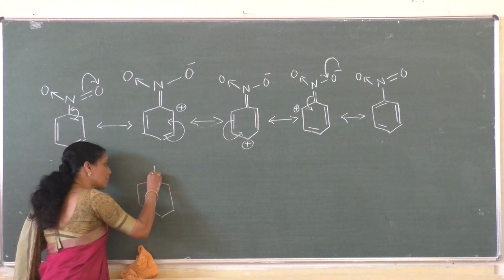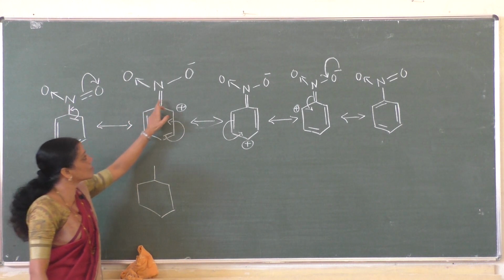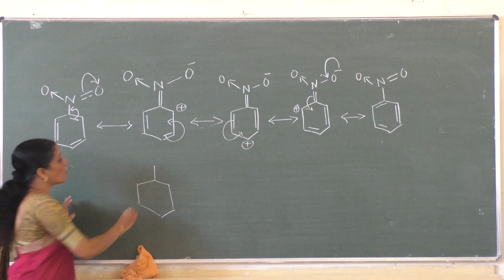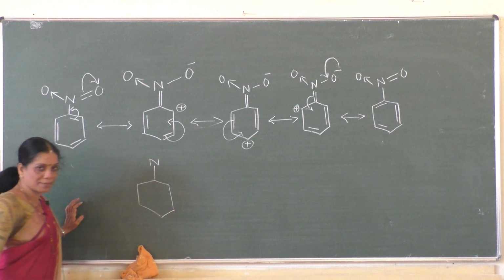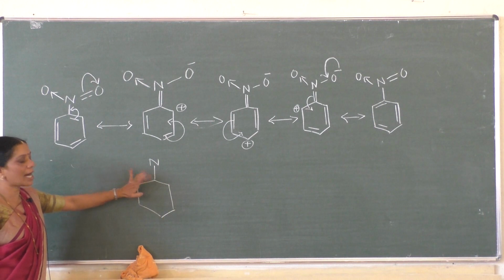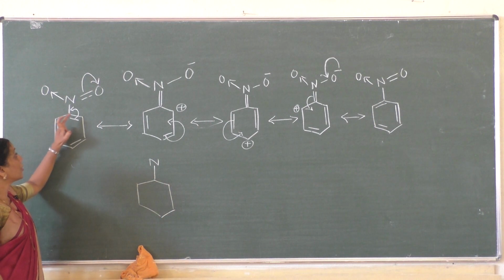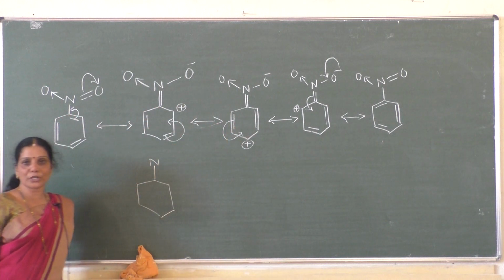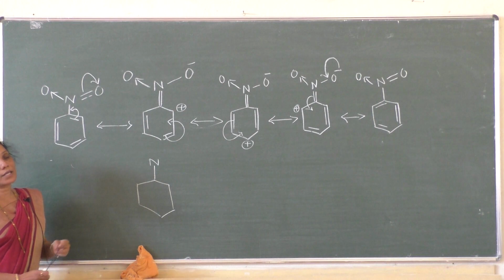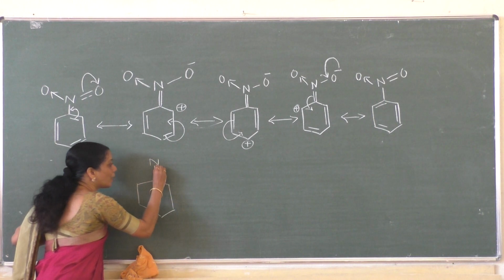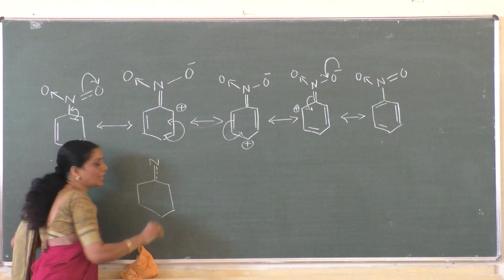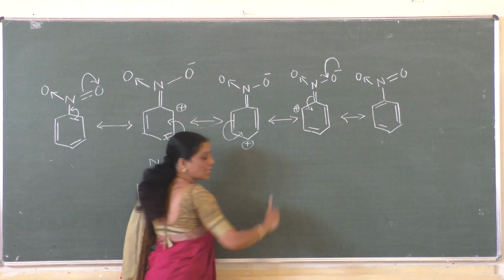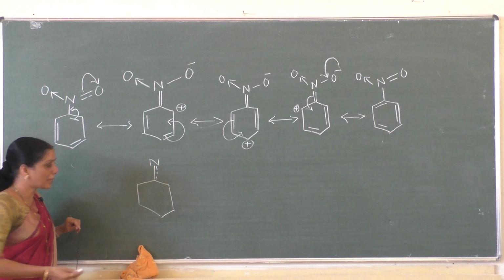That means the sigma bond is permanent in all the structures. You can see the presence of a sigma bond. The sigma bond is permanent between the nitrogen atom and the carbon atom of the benzene ring. And you can see in the next structure it becomes a double bond. Again in the last structure it gets converted into what? Single bond. That means the double bond is not permanent. We have to write here the partial double bond. It is not permanent. Again it gets converted into what? Single bond. Therefore the double bond is not permanent.